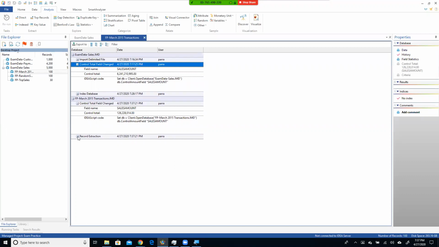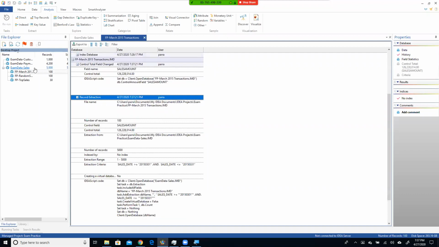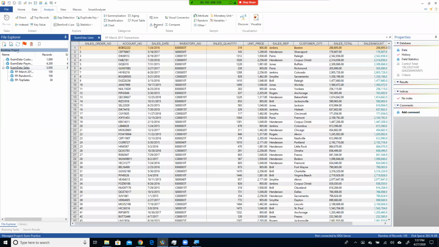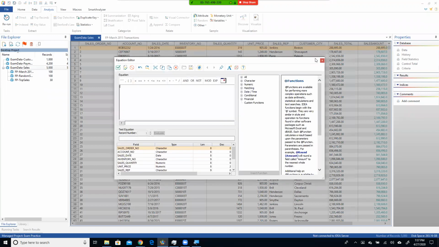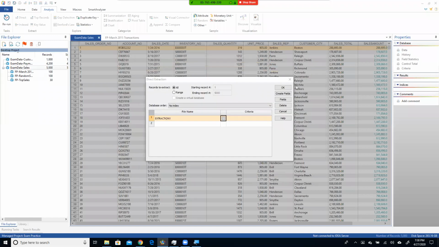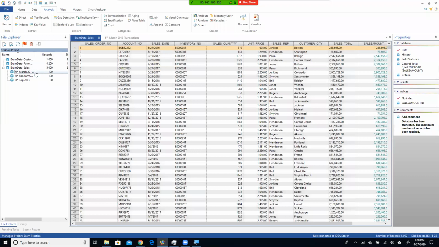Yeah, I did not limit it to 100. Let me try to do a direct extract as well. Maybe I did say 100, right? And when I got in here, yeah, I did not limit it to 100. Okay, so then if I wanted to do a random sample out of this March activity, then I would click